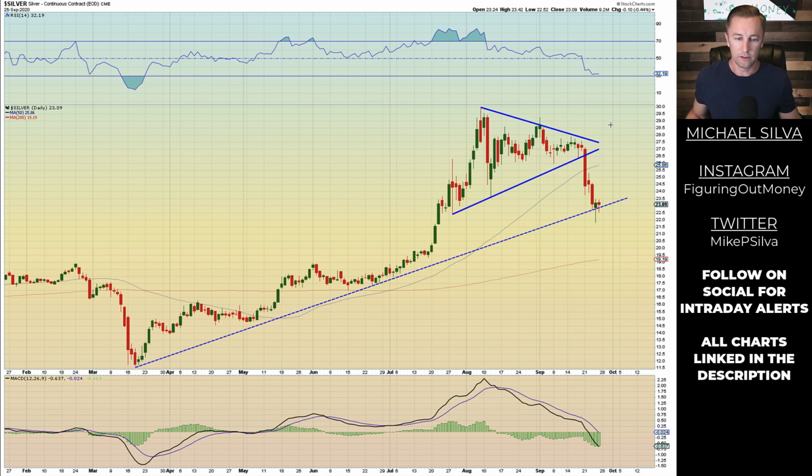Here is silver, and I've got this trend line right here. We pulled back to, this is a bear market. It was as high as $29, $30, and we're trading down here at $23 right by this trend line. Looks fairly weak, but it does look like it's ready for some sort of technical bounce. That technical bounce very well might be a dead cat bounce. So we might go boing and then fall lower.